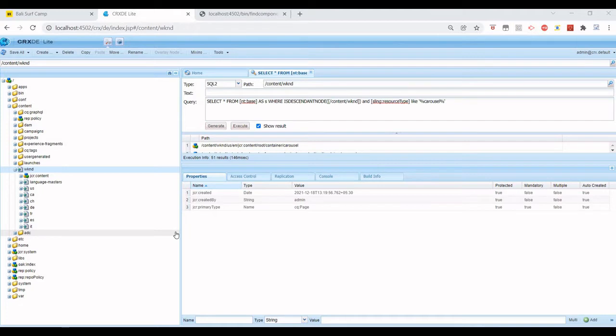Those components can be functional components or maybe structural components, etc. But the main motive is to find out how many components, the unique components, we have used in the whole website.